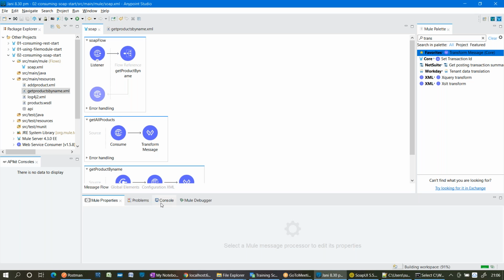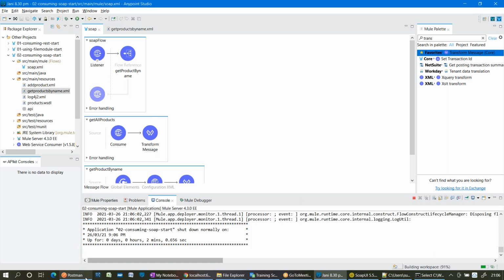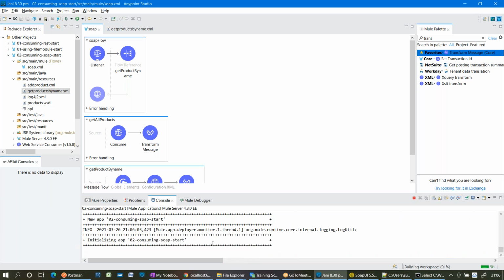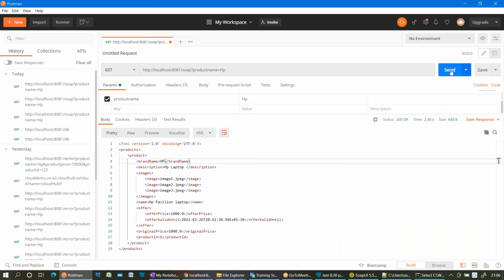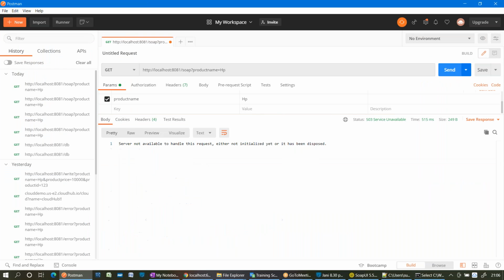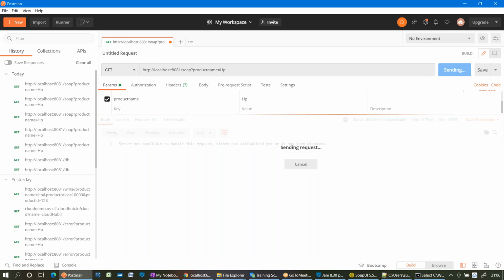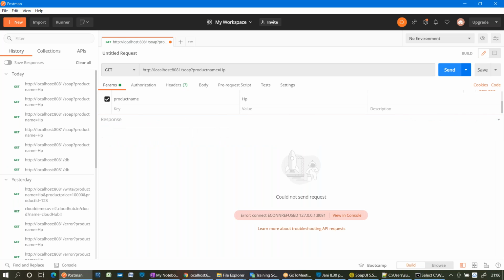Okay, it's already deployed. Now once I send a request, will I get all the product details or not? Okay, this is not the one. Still it is not deployed. Now it is deployed. You have to change the URL.